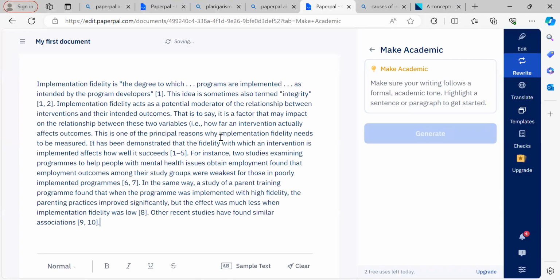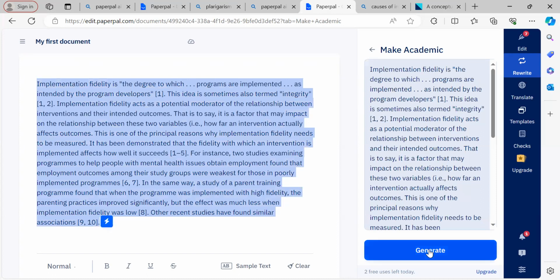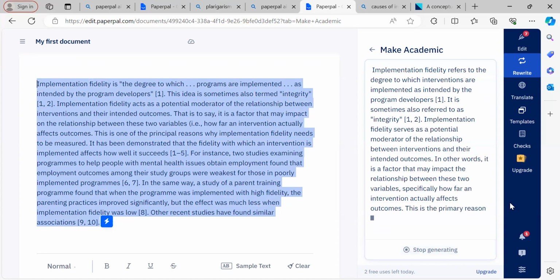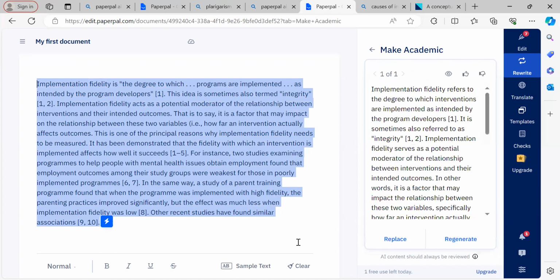I paste it. So once you paste into the system or the AI portal, all you need to do is to generate. So you come here, you put a cursor here, and you click on generate. So make sure that it's going to generate the information for you. So once you highlight it, then you click generate. So it's going to generate by paraphrasing so that it will be different from what you have put into the